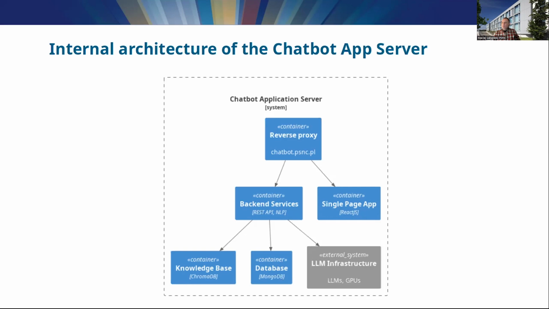The solution is based on ChromaDB, a vector database that efficiently stores and retrieves so-called embeddings. Embeddings are numerical representations of real-world objects that machine learning and AI systems use to understand complex knowledge domains like humans do. Finally, the MongoDB database is used to persist conversations, user feedback, system configurations, and many other data that need to be stored between server reboots. Let's have a closer look at the infrastructure block on the next slide.